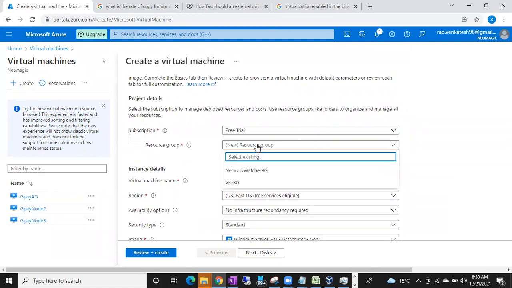And the resource group. Remember, guys, I don't explain everything in the Azure subscription. I'll try to explain only the very basic things that are needed. A resource group, if you don't know, keep your cursor here and you will get a small definition: a resource group is a collection of resources that share the same life cycle, permissions, and policies. Forget about all this definition.